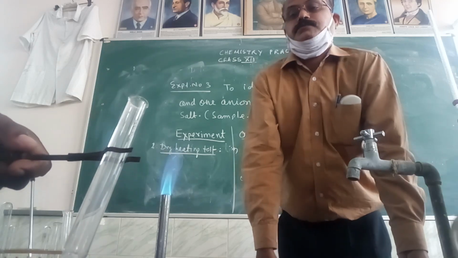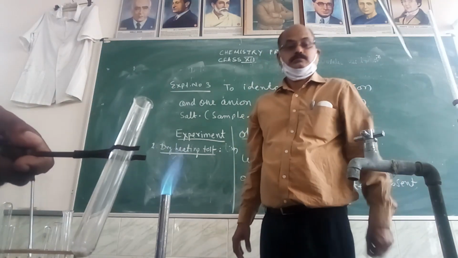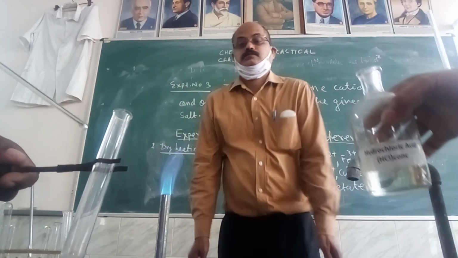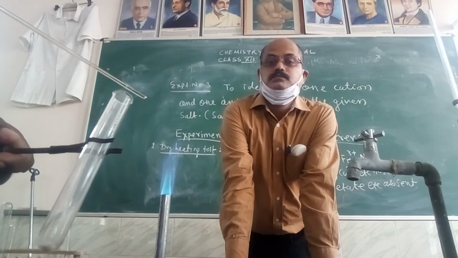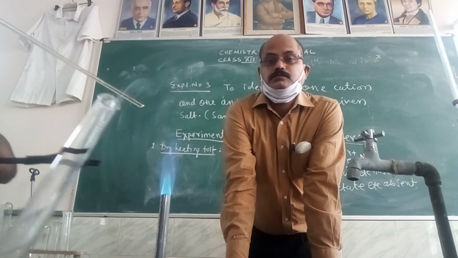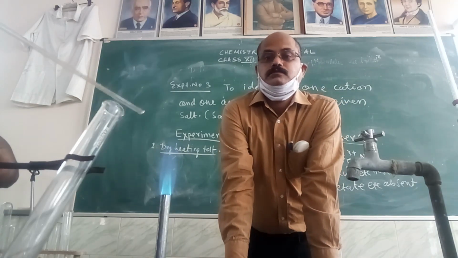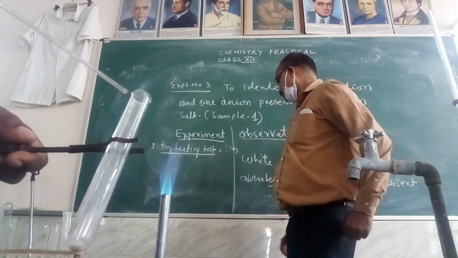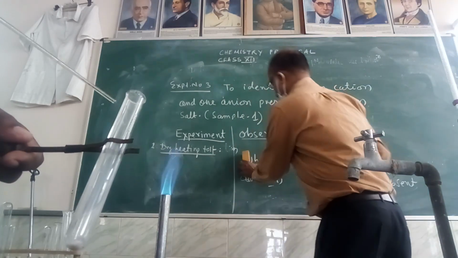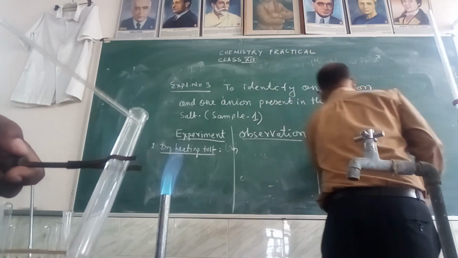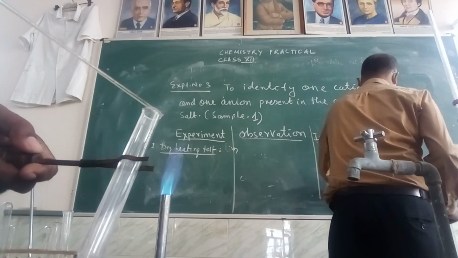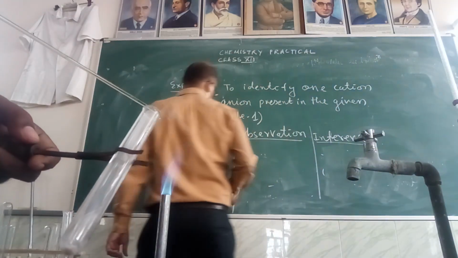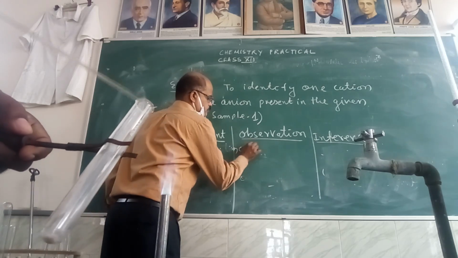In the absence of any HCl, the gas cannot be seen. But in the presence of HCl, when you dip the glass rod in HCl and show it, you see the formation of dense white fumes. It means the glass rod contains HCl gas, and the gas coming out of the test tube is definitely ammonia gas. Ammonia gas plus HCl gas forms dense white fumes, an aerosol. Solids dispersed in air become aerosol, smoke.